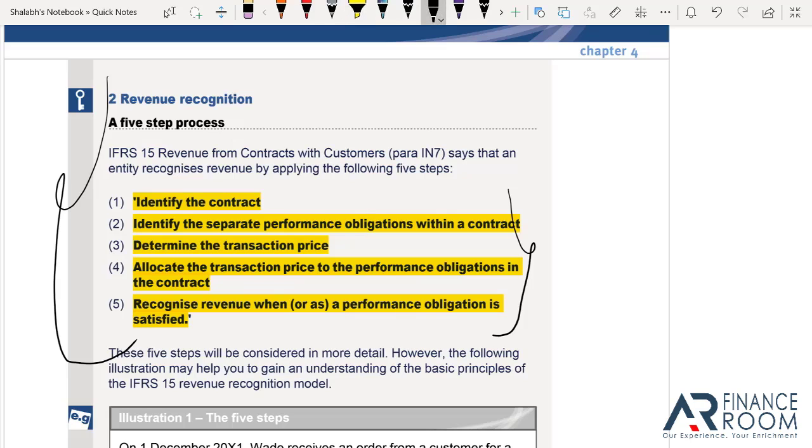Now this very word, performance obligation, you have to use this n number of times, probably every time when you write an answer for revenue recognition. The concept of recognizing revenue is around this very thing of performance obligation. All right. Performance obligation means promises. What all you are supposed to deliver. Is it a good? Is it a service? Is it both? How many services? How many goods? Promises to be fulfilled.